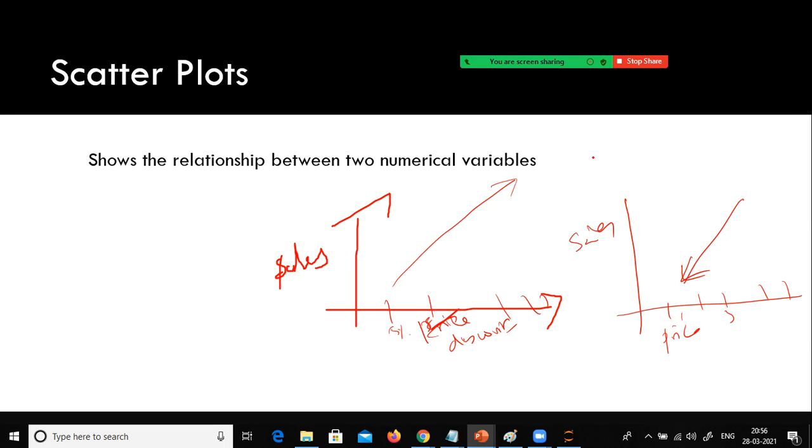Let's say we use Bharat Gas or some cooking gas. Though the price increases, the sale will remain as it is. We have to buy it no matter what the price is. But when it comes to retail and domestic items, as we increase the price, we could see a decrease in the sales.